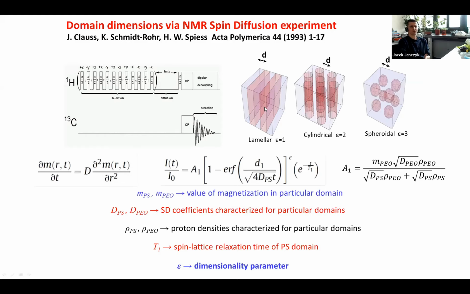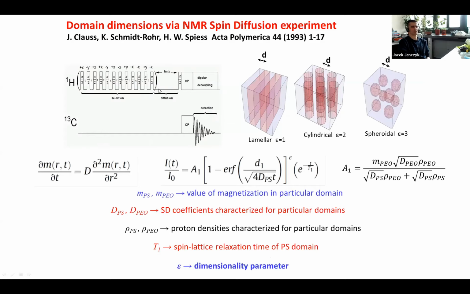Because this approach really relies on the fact that we have two different domains having different mobility, different dynamics. So the molecular dynamics really differentiates both subunits within the copolymer systems. Right. So as you can see, this approach is as follows: